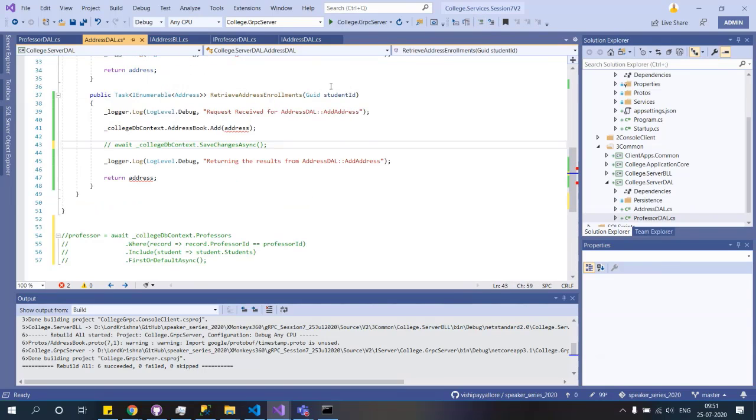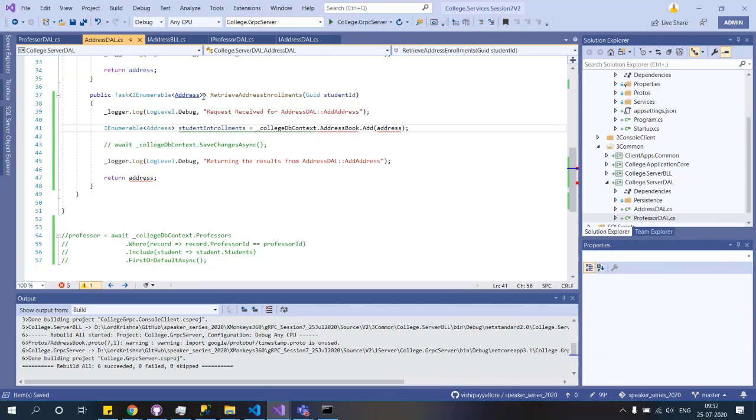Okay, so what we are getting in here is an address book. From this address book, we need to get the enumeration of addresses. So let's copy IEnumerable of addresses. Okay, student enrollments.